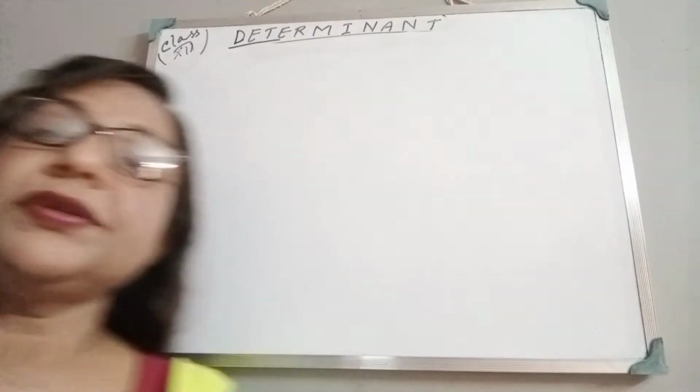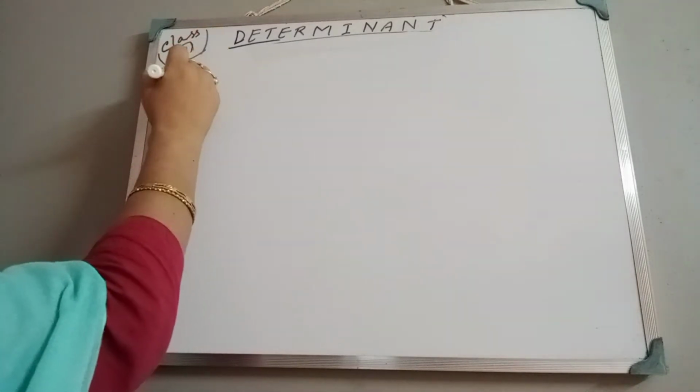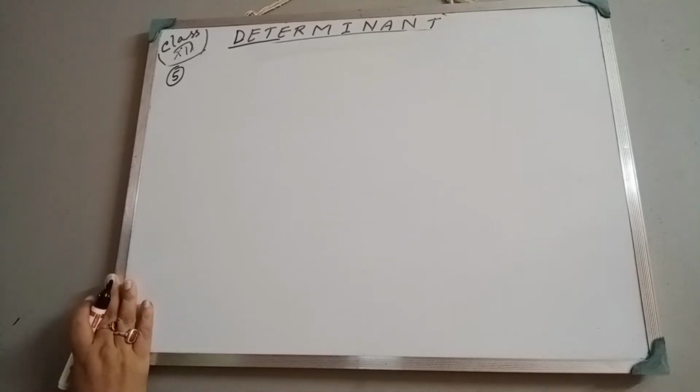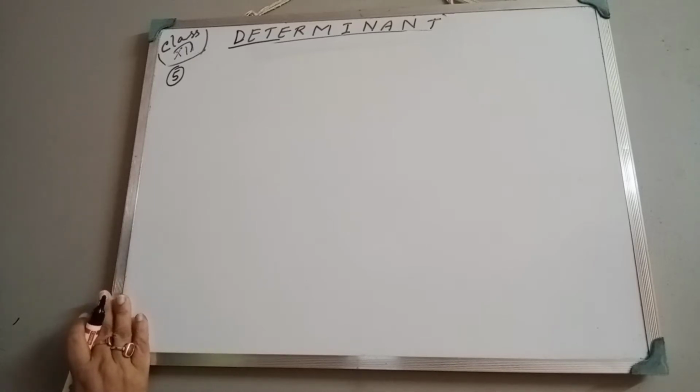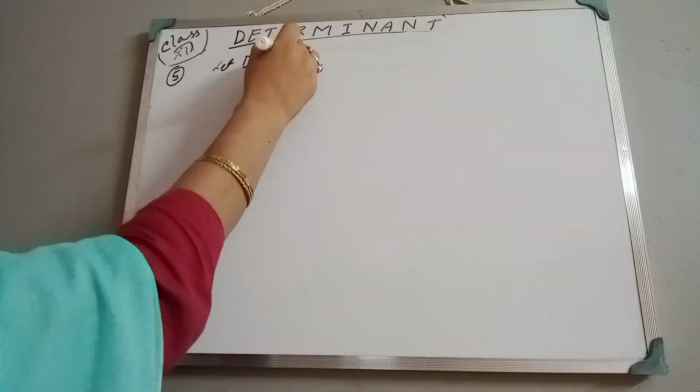Class 12, let us continue the chapter. Now, property number 5. Next property. The value of the determinant remains unaltered if each element of a row or column is increased or decreased by a constant multiple of the corresponding elements of another row or column. What does it mean? Let D equal to